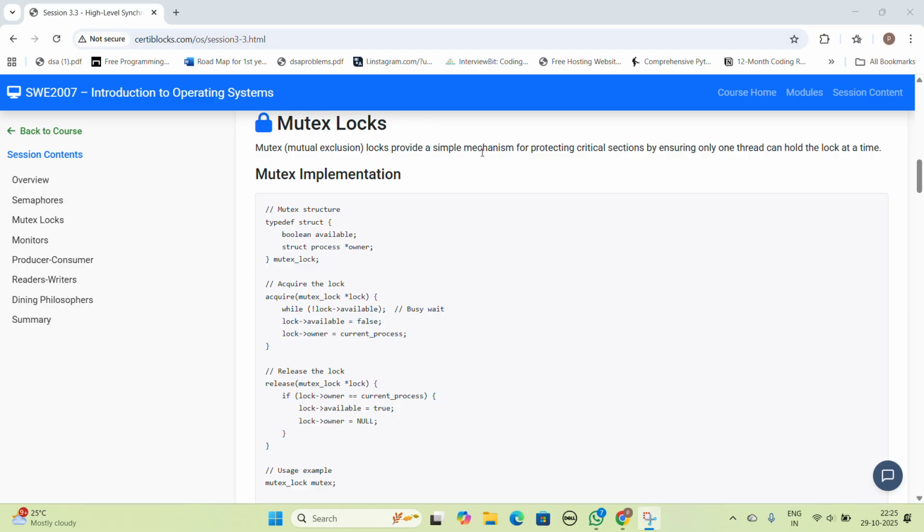Locks provide a simple mechanism for protecting critical sections by ensuring only one thread can hold the lock at a time. We cannot hold multiple threads at a time; only one thread can access it. It is a lock that allows one thread at a time to access a critical section. As we see, the important properties of the mutex are: